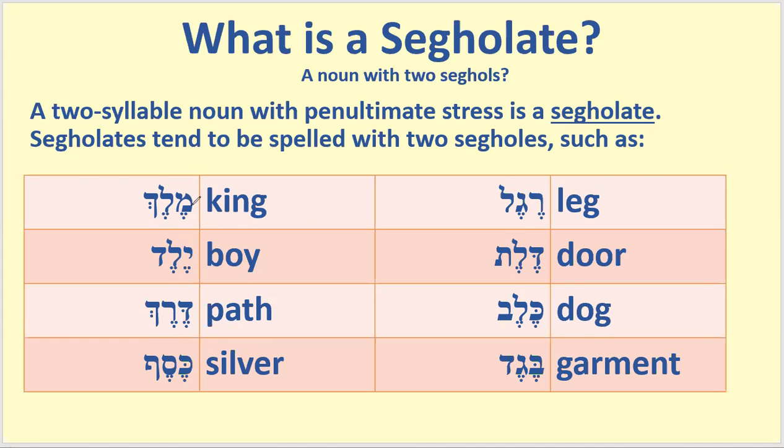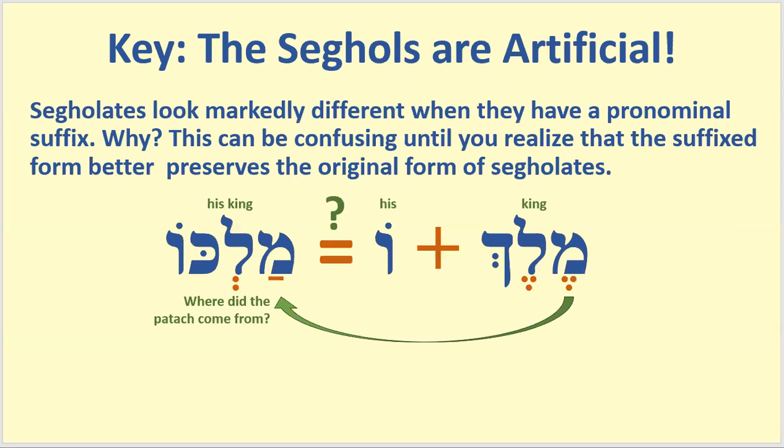We have words like melech, yeled, derech, kesef, regel, delet, kelev, beged, and lots more. So all of these are two syllable nouns with penultimate stress. They're segolates. Now, segolates are interesting because